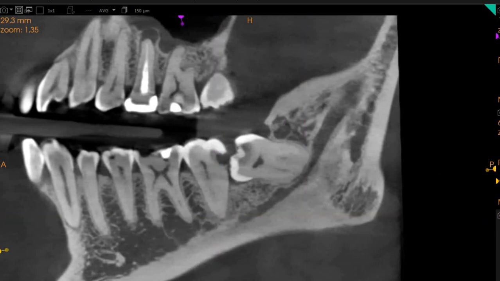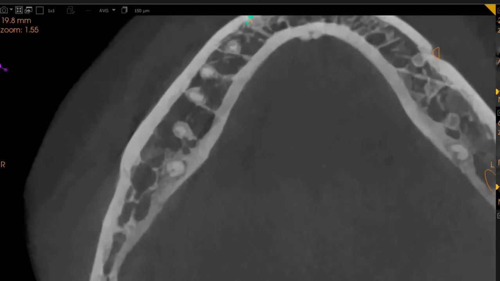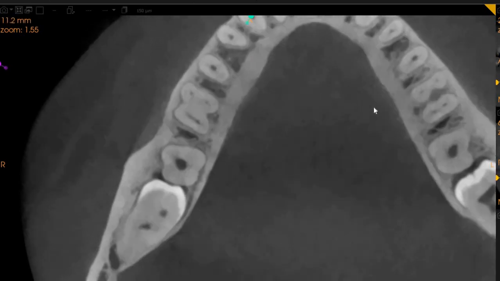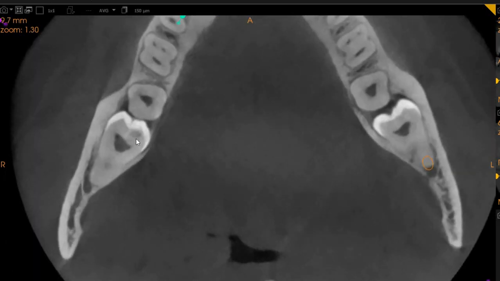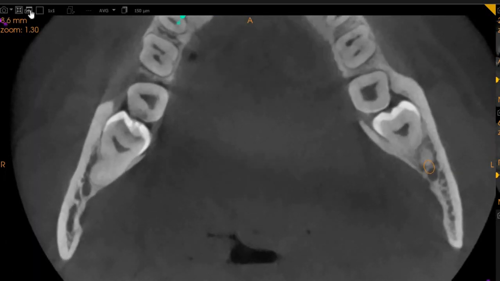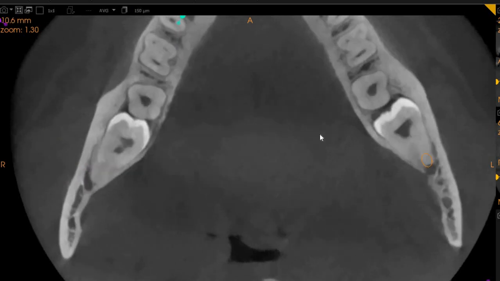Here you will also be able to see the axial view, which is basically the top to bottom view, and here you can actually observe that this is the wisdom tooth right there, and as we move distally, you can see from the axial view, the top to bottom view, how the inferior alveolar nerve is very closely associated with the wisdom tooth on the lower right hand